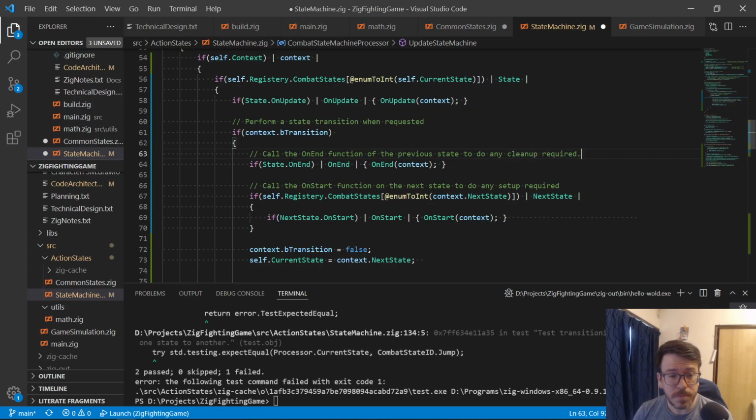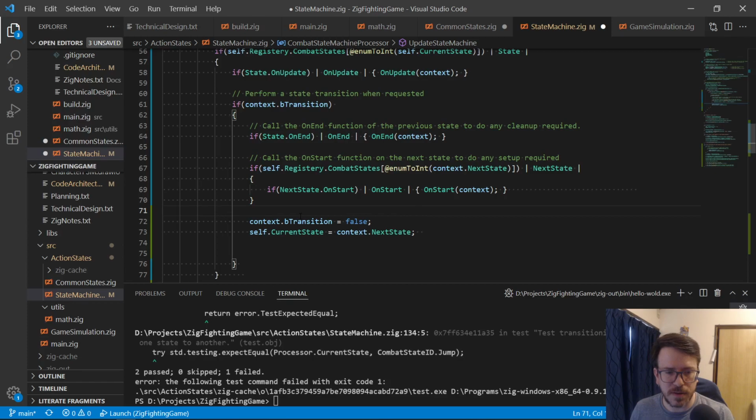Okay, so we're going to do this just so that the states can clean themselves up if they have some variables they need to reset in the context. And same thing with on start. If they need to initialize anything, such as starting an animation or whatever, they can do it here. Okay, and then of course we need to make sure